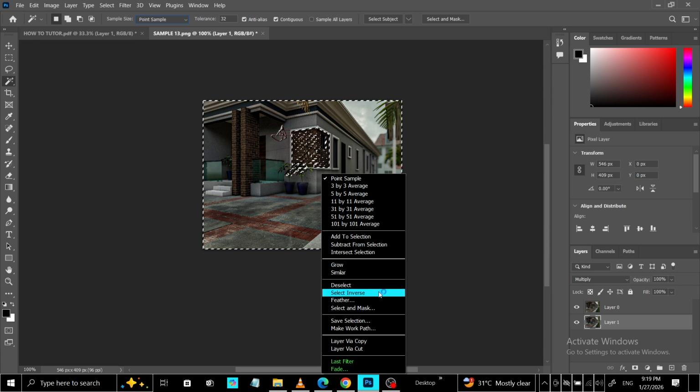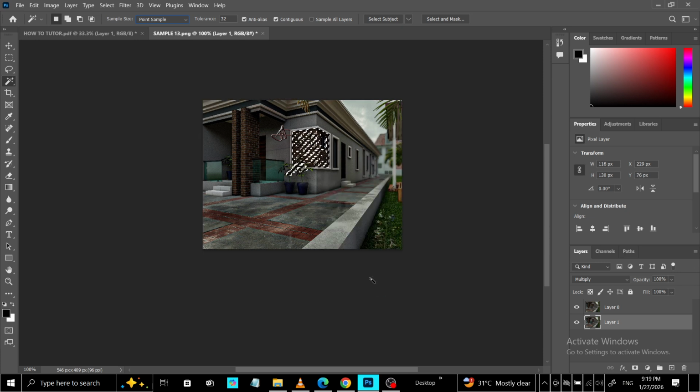To change the selected area's look, apply adjustments like brightness, contrast, or color. To reposition content, switch to the Move tool and drag the selection to a new spot, or copy and paste it to a new layer for more control. That's the core workflow. Pick the Magic Wand, click